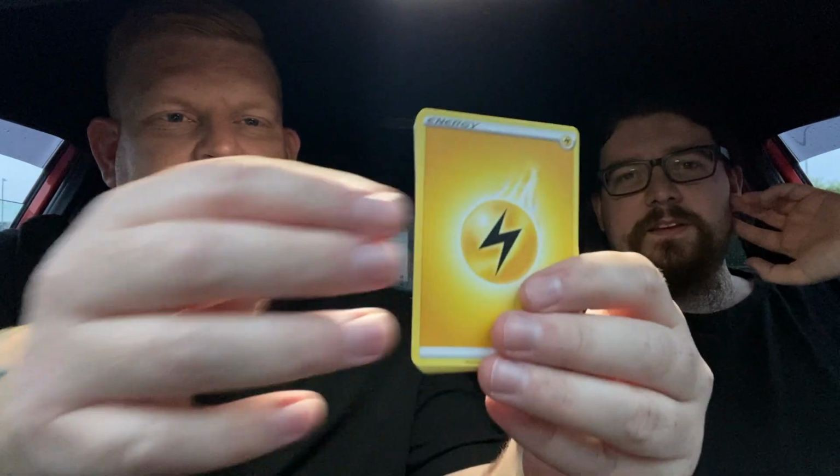When I started buying packs last year, John was asking me, "Oh, when you open them, do you do the card trick?" And I was like, "Is the card trick just putting the rarest at the back?" He says, "Yeah." I said, "No, I don't do that." So we've got Lightning Energy,